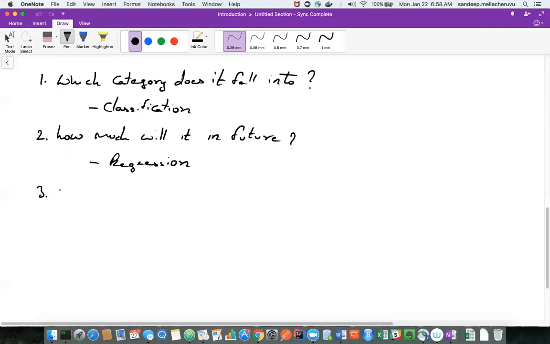The question here is, what is it similar to? So for example, let's say you have a lot of pictures of, let's say, your intestine or liver or whatever.